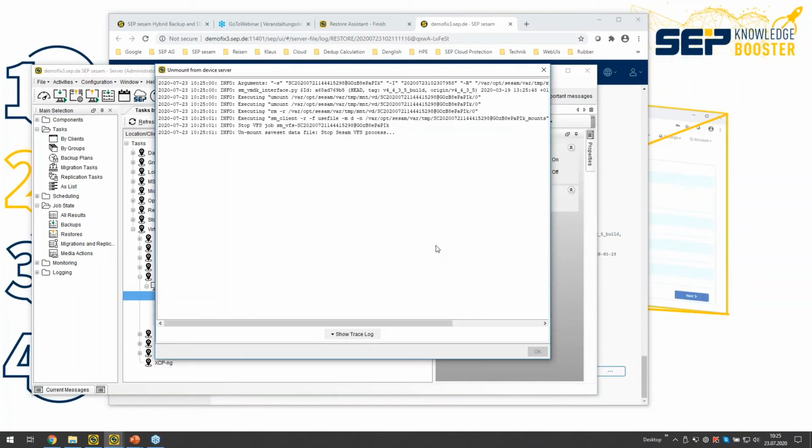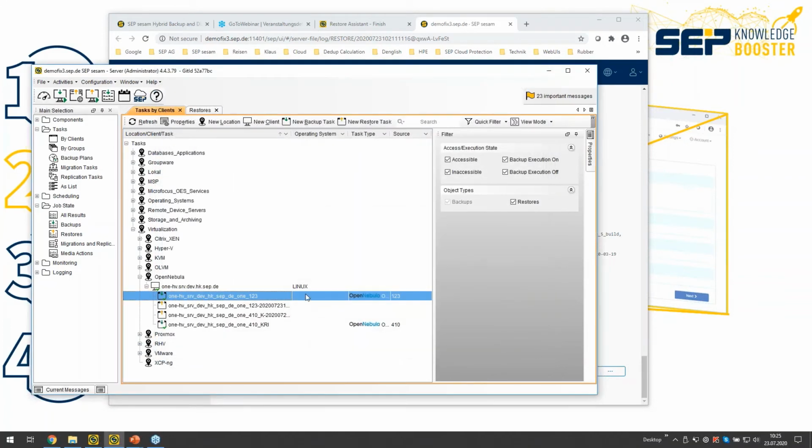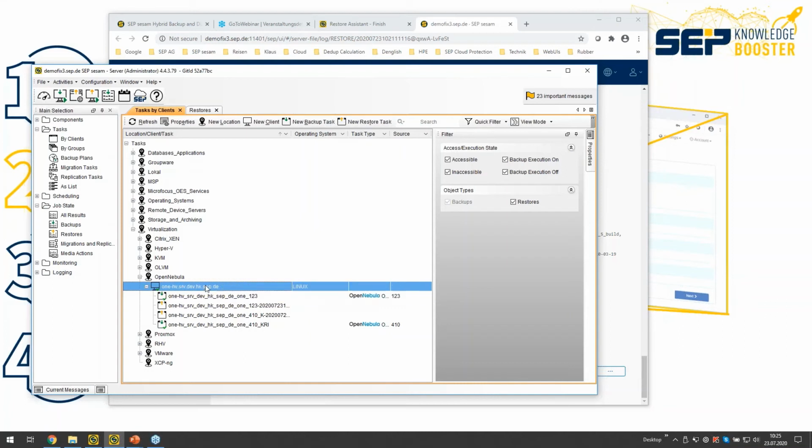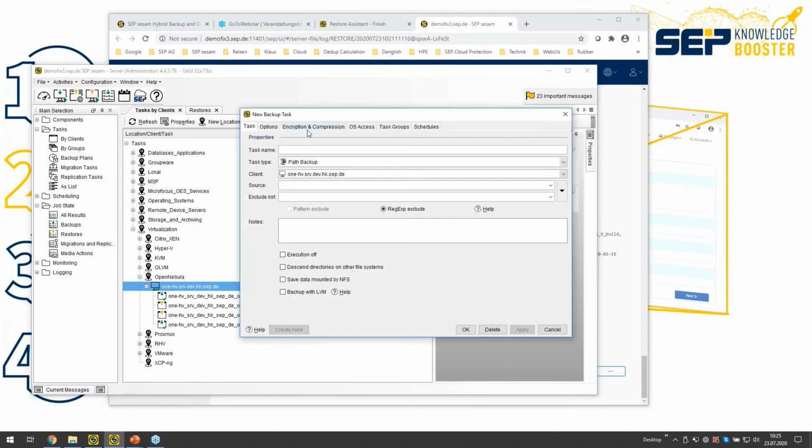Yeah, if I click on cancel, it's doing the unmount process. It has been stopped. Okay, that's how it works with a single file restore. And now if it comes to configuration, I click on the configured OpenNebula host, click on new backup task, and